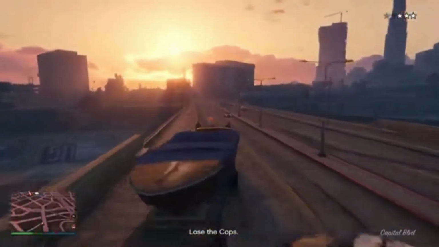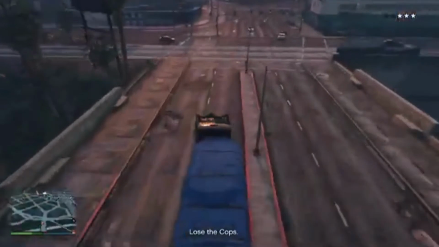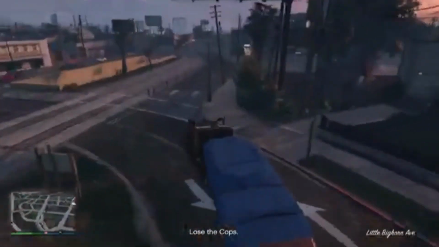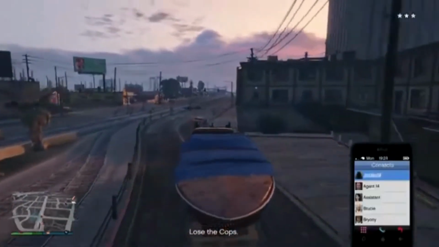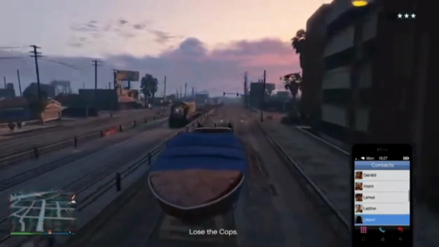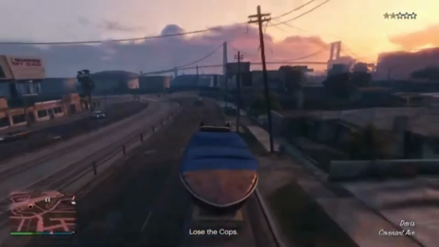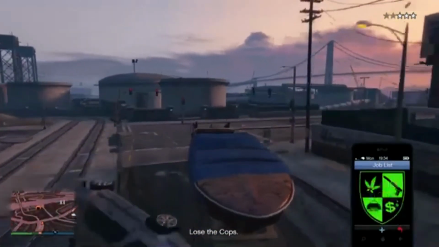Well, one way you could go about it is going to the sewers, but I suggest you avoid that one because that's not really a great way to lose the cops. The other way is doing a glitch that actually can help you. But let's just make sure we can call Lester first, because if you can call Lester, then of course do that. But if you can't, then we'll do it this other way that I know. Okay, so you can't call Lester for this one, but what you can do is do a glitch to lose